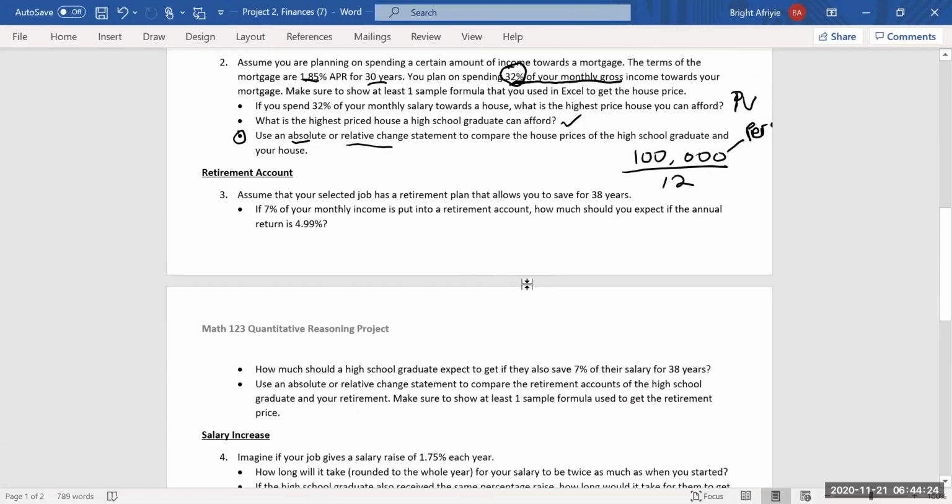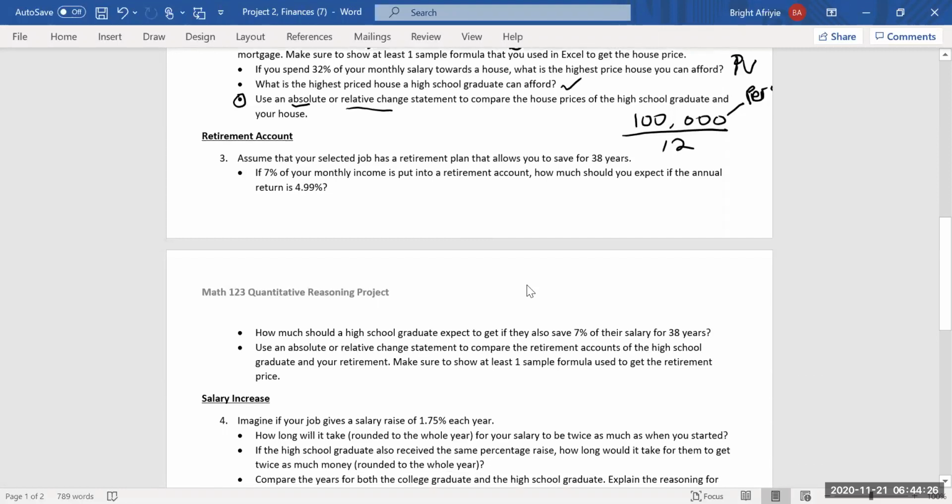All right. Now let's go to retirement. So here, assume that your selected job has a retirement plan that allows you to save for 38 years. So we are looking at the tenure of your retirement to be 38 years. Now, if 7% of your monthly income, so now that you know your monthly income, you do 7% of that. Okay, assuming 7% of that goes into your retirement at this rate,